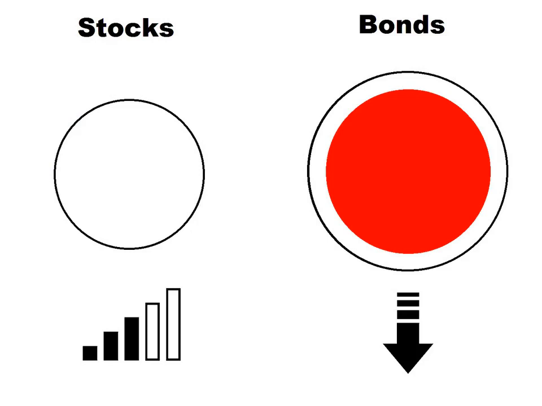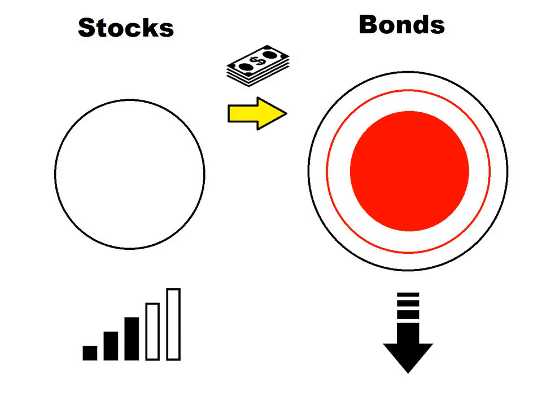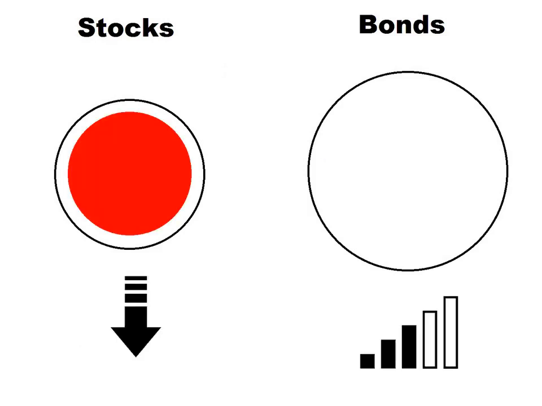Another possible scenario could be that the bond market is performing poorly, and in this case, the fair market value of the bonds will fall, while the stocks might remain relatively stable. In this case, the desired age-based balance is lost, and if left alone, this could cause the portfolio to become overly exposed to risk. To remedy this, it is common practice to rebalance the portfolio annually by selling some of the stocks and buying more bonds, thereby effectively buying them at a relatively low price and maintaining the desired level of risk.